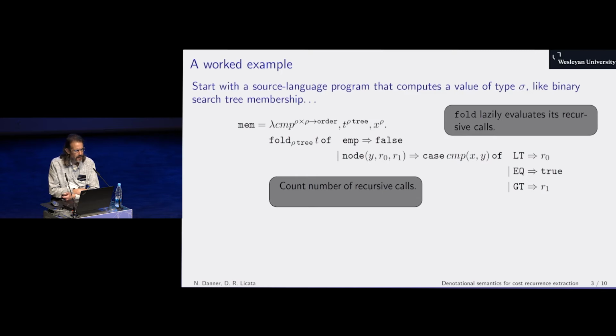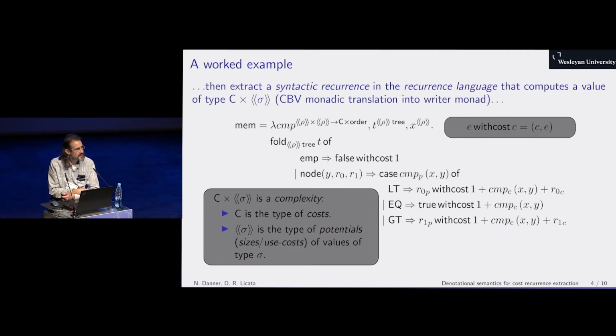All right, as an example, let's consider a typical program for binary search tree membership testing, which is basically a tree fold, as shown here. And let's focus right now just on counting the number of recursive calls that are induced by that fold. So that's the program that we're starting with. The goal is to come up with the recurrence you would expect to see when doing a cost analysis for this. And so the first step is that translation into the writer monad, which then translates a program of type